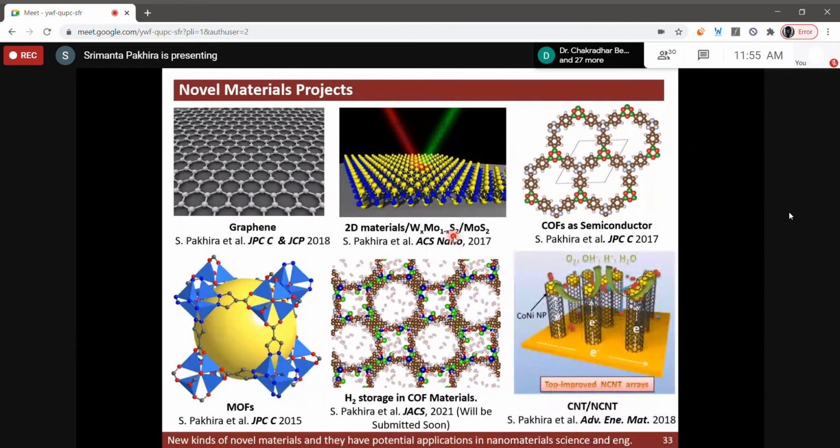We also did one work on a zinc air battery, where we used, instead of graphene, carbon nanotubes and nitrogen-doped carbon nanotubes. I was saying that graphene is very good for batteries. You can see the journal quality is Advanced Energy Materials, and till now this is the best catalyst and the best material for a battery. Nitrogen-doped carbon nanotube was published in Advanced Energy Materials.